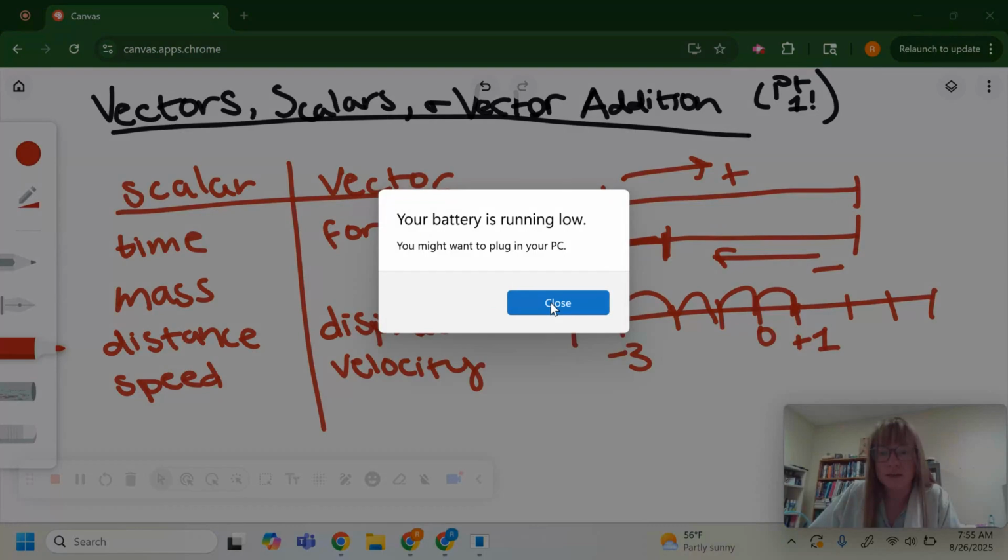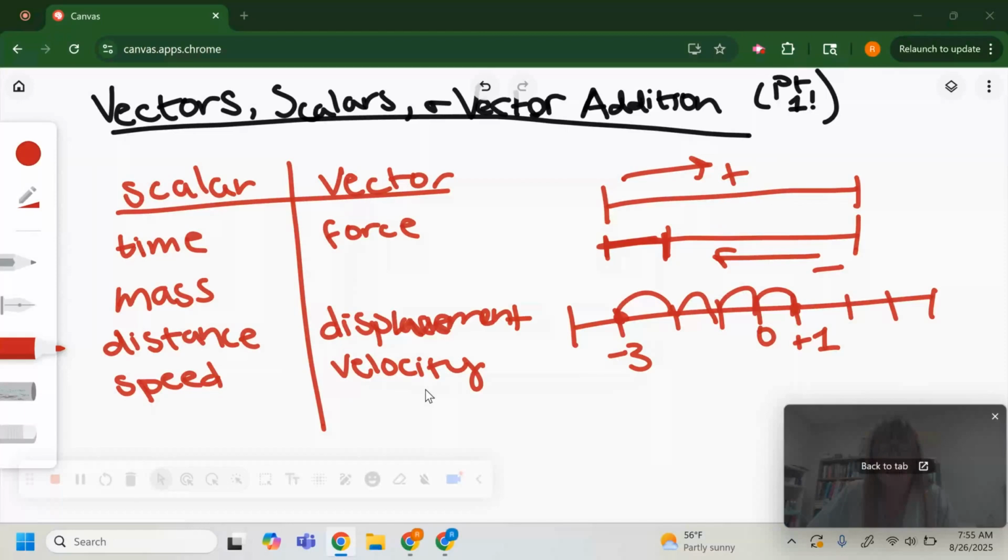Oh gosh. See, I keep saying this thing about my battery. I might pause really quick and fix my battery. But in the meantime,